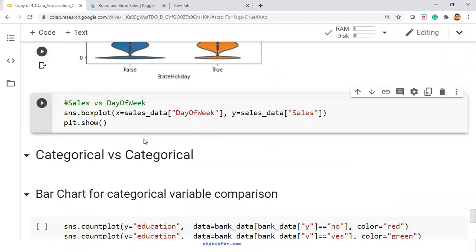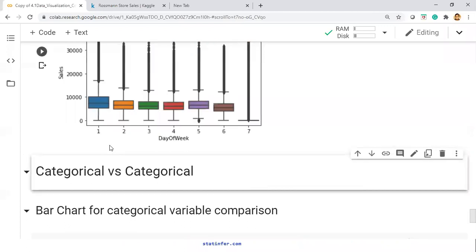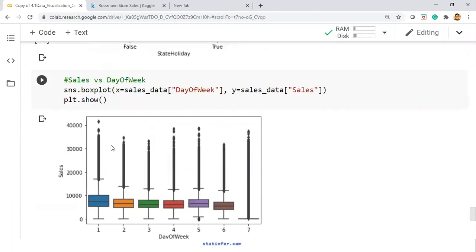Third one. Now tell me third one. Third one is day of the week. Does it have any impact? Do you think in a particular day that has higher sales? Yes. I think you have to write 2 comments there. You have to tell whether there is impact and which day has high sales, which day has low sales. That also you have to make a comment.